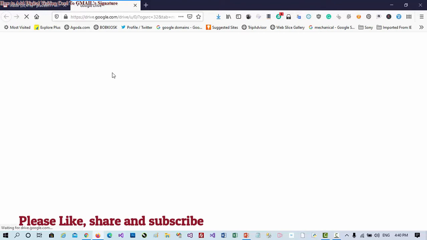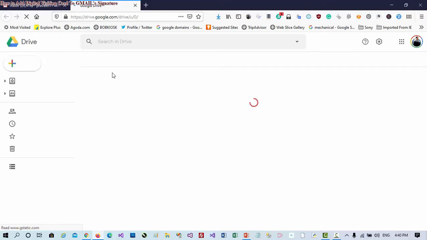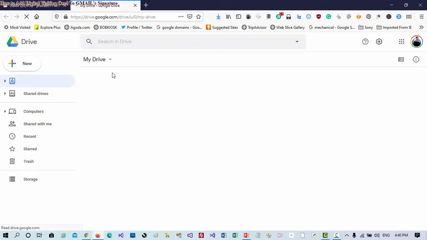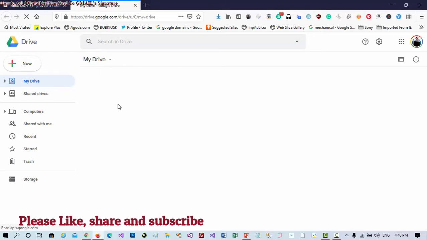When you click on the drive icon, in a new tab you can find a window where your drive is open. This is Google Drive, and here I am going to upload my digital visiting card. In the same way you can upload your digital visiting card.